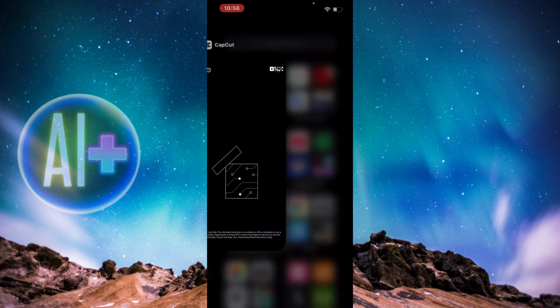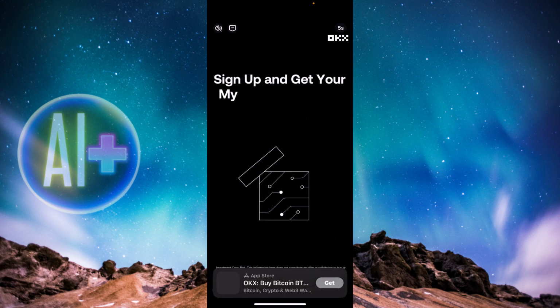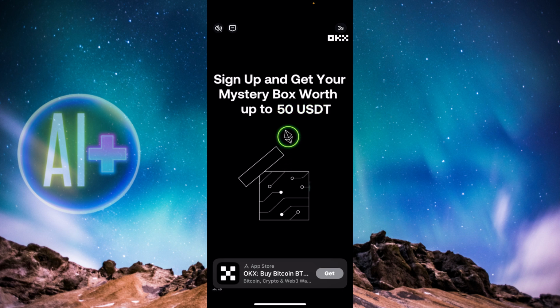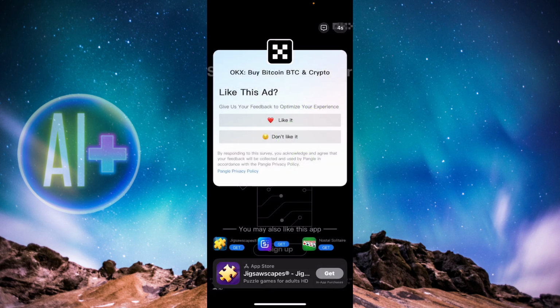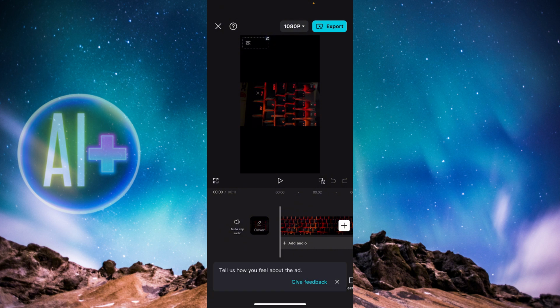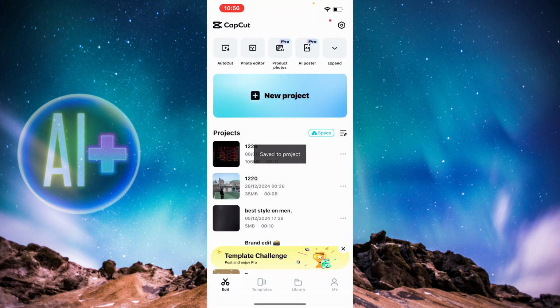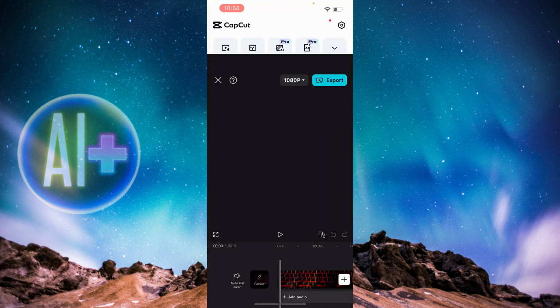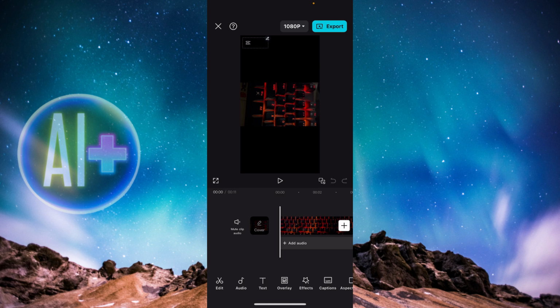Okay, so what you need to do is open up CapCut, and we're just going to skip this ad right away. It has a lot of ads in it, but yeah, here we are. And here, as you can see, you need to be on this video area. You need to put in the video right over here. As you can see, it's in your projects, and once you've got the video, what you need to do is